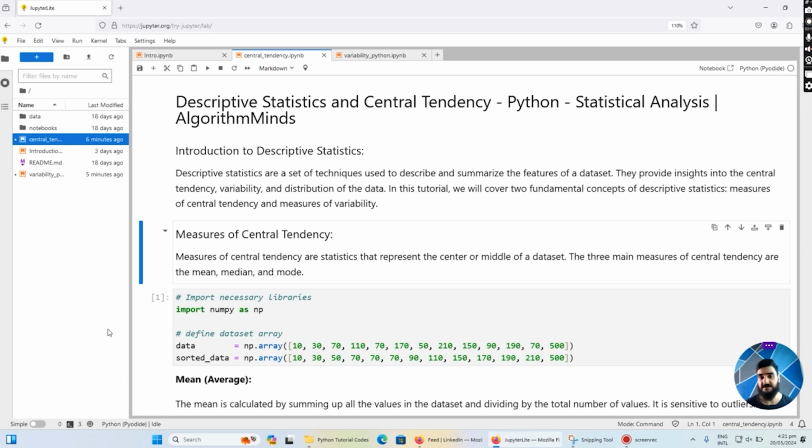they are a set of techniques used to describe and summarize the features of our data sets. They provide insights into the central tendency, variability and distribution of the data. In this tutorial, we will cover two fundamental concepts of descriptive statistics: measure of central tendency and measure of variability. These are two important concepts in descriptive statistics, and I'm going to explain the measure of central